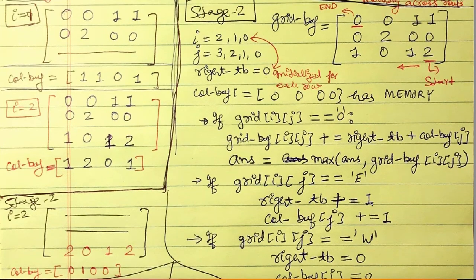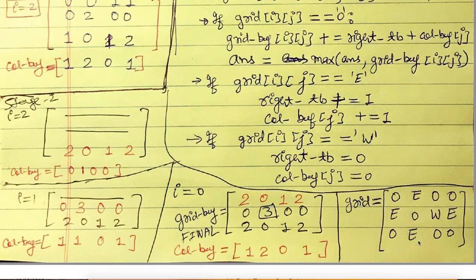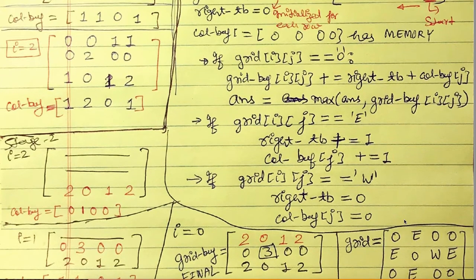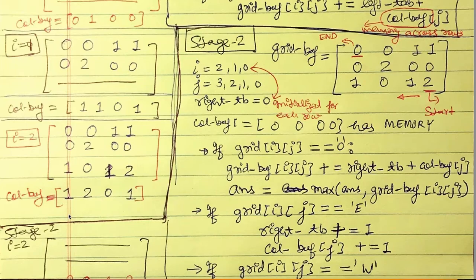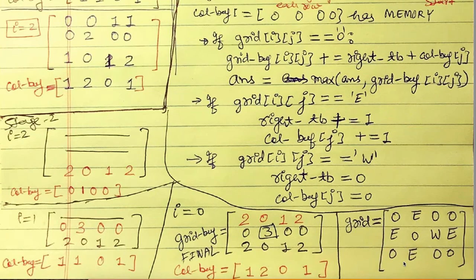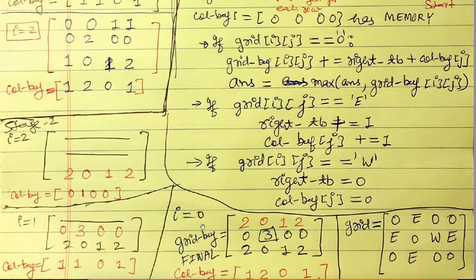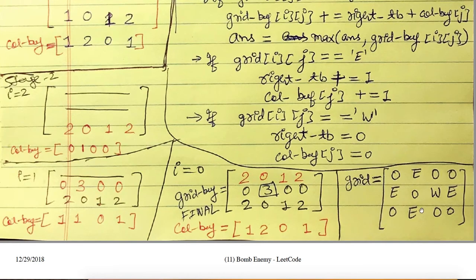And then we found there is enemy E, so there is no change in the grid buffer, so we will just copy 0 from here to here. But after getting an enemy, now the right tab is 1 and the column corresponding to this one becomes 1, so here also the column buffer becomes 1 and the right tab is 1 already. So when we move later, we found this element is